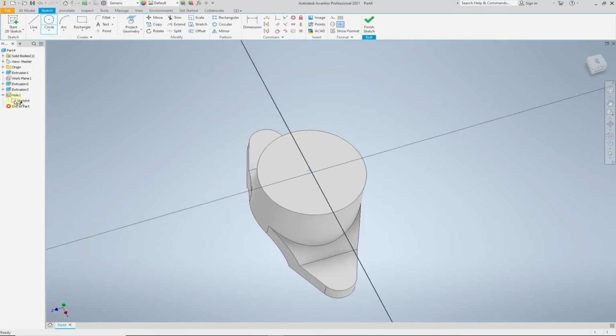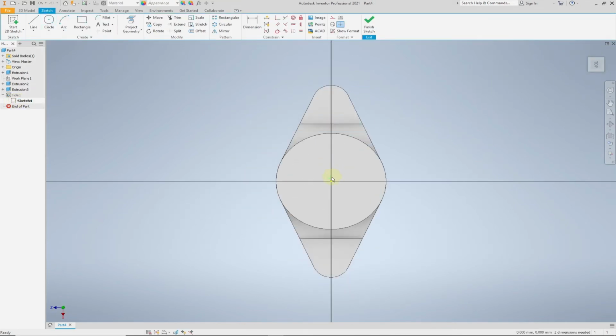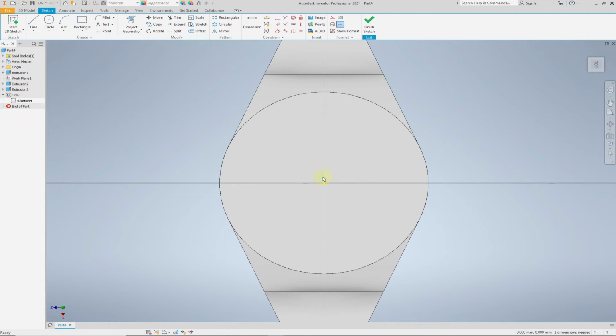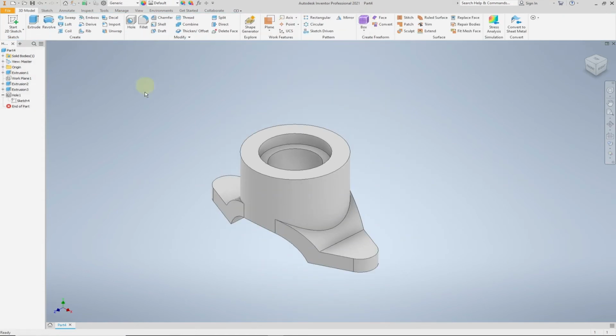Okay, and then we want to constrain this hole point to the origin here or the center point of this circle. Choose a coincident constraint, then select this hole point and this center of the circle. Now it will constrain here. Finish sketch, right? Then we want to